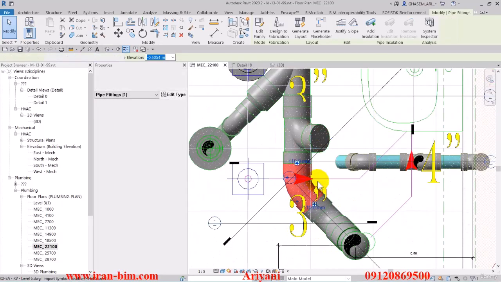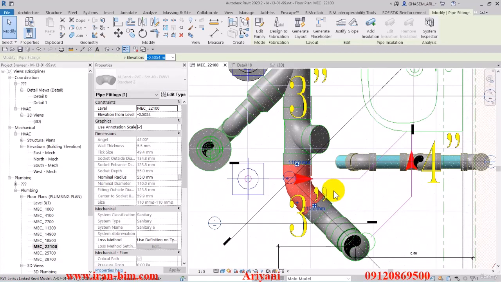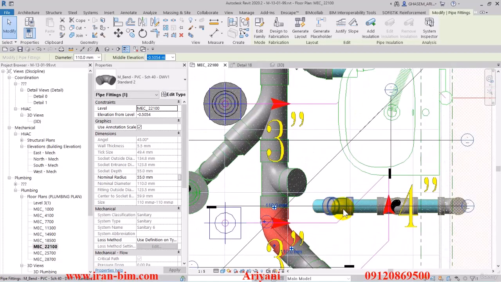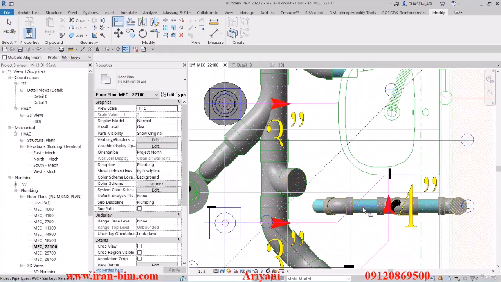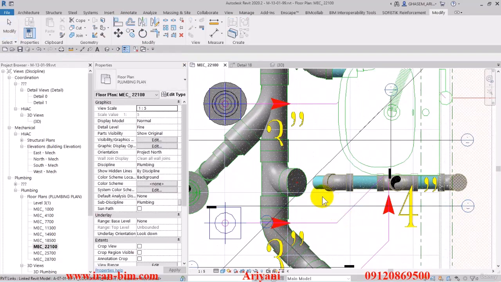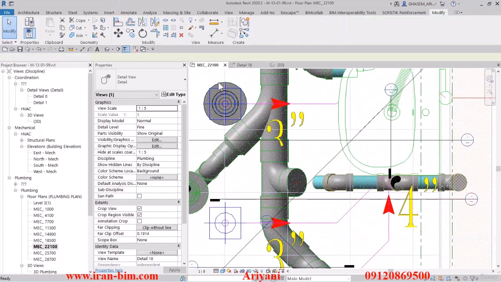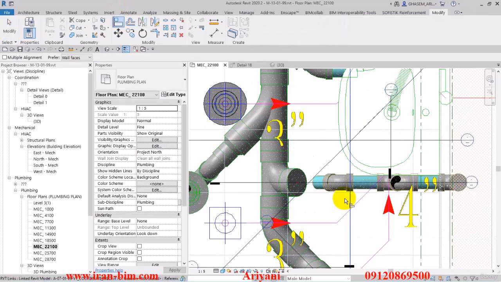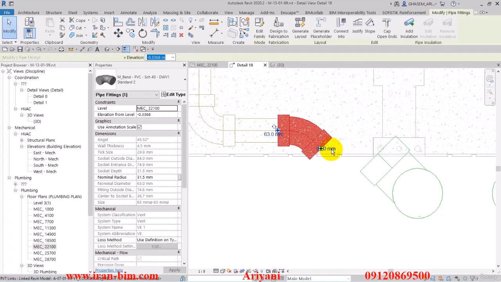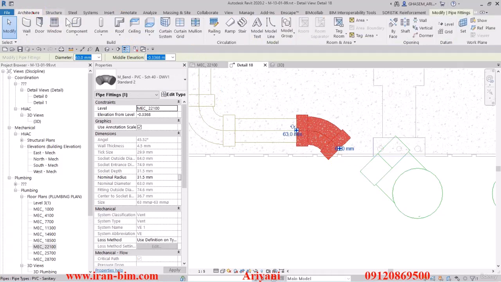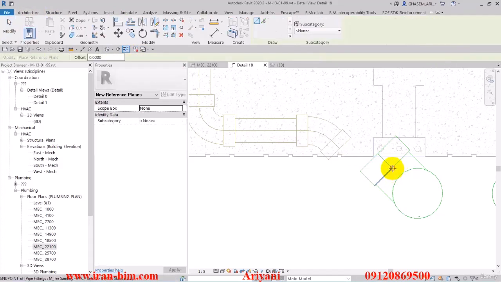Now they've connected fully. Alright, then after that we can select the align tool from the tip of the three-way fitting to the center of the piping system on the right. Then I'll align the cut line as well to the center of the pipe, and then I'll go to the view. Now here we can select and delete this pipe,